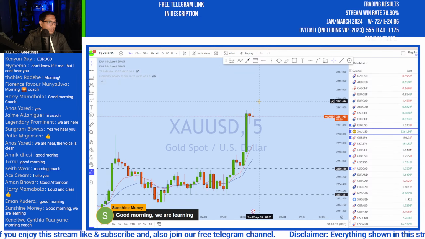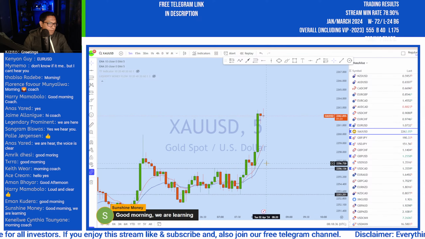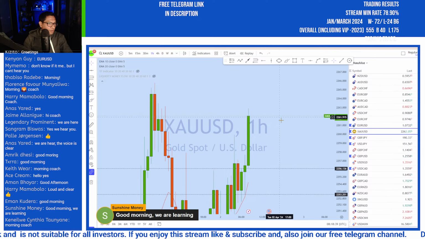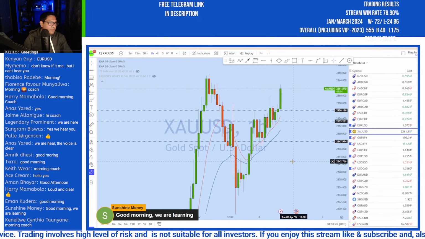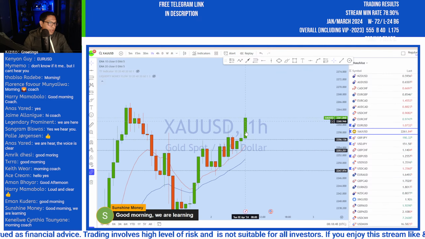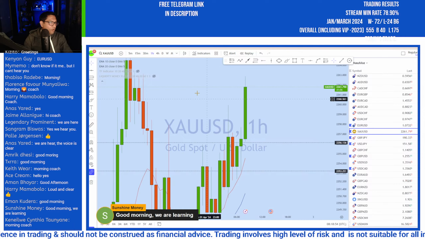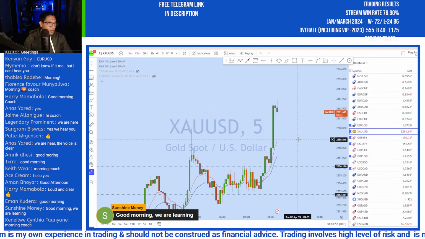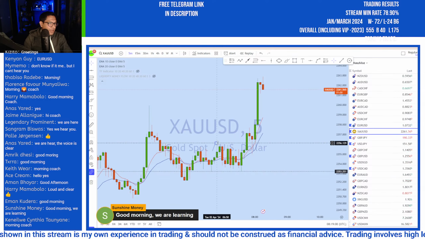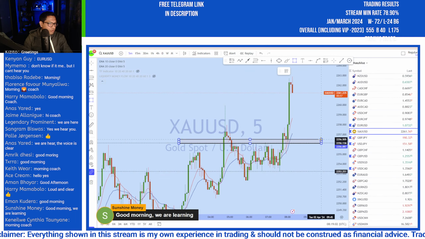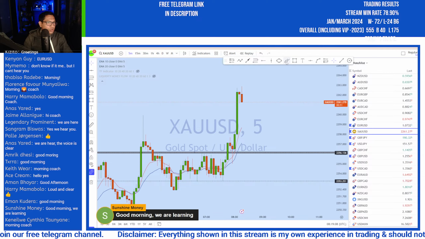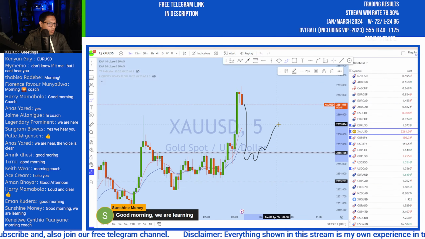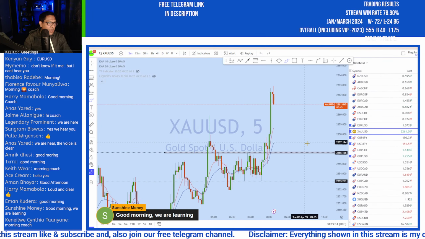So now we will be waiting for that deeper pullback, and then we can look for entry as this market is now strongly trending to the upside. Any breakout, any pullback, deeper pullback or strong liquidity grab will be a good point for us to look for an entry opportunity. From the lower time frame, this is the neckline. If we look here, this is a previous resistance which is turning support. That's what we will be waiting for: the price to drop, break, grab liquidity, and then bounce back to the upside.